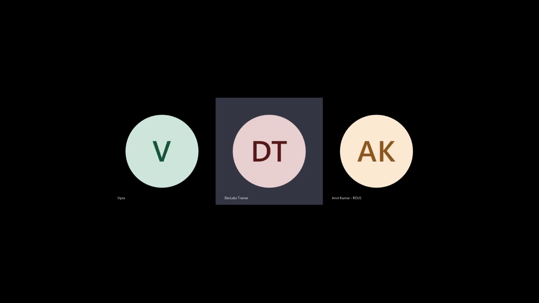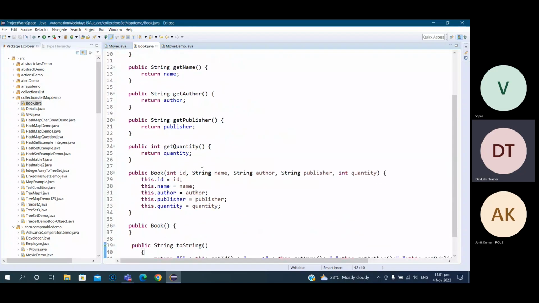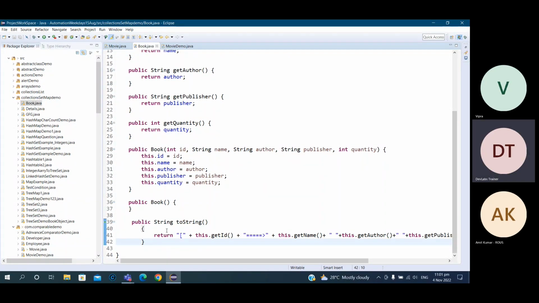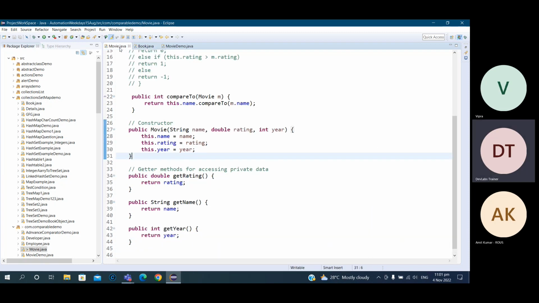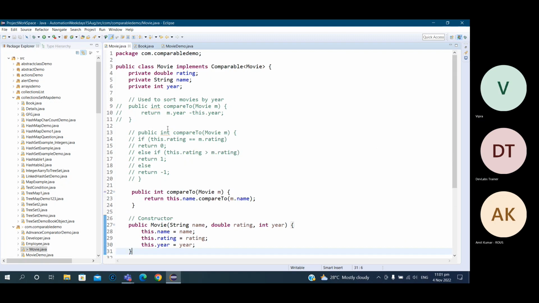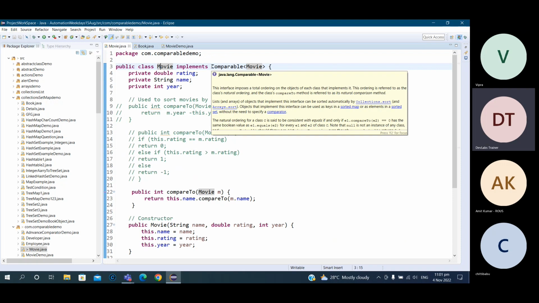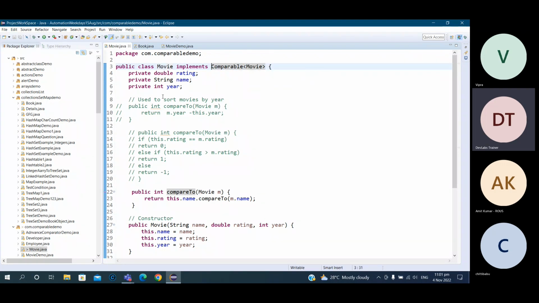Today I will first show you the toString method, how you will go and write the code for toString. It's very simple. You just remember this and this, and on the basis of that, you can go and write it. Suppose that this is the movie class